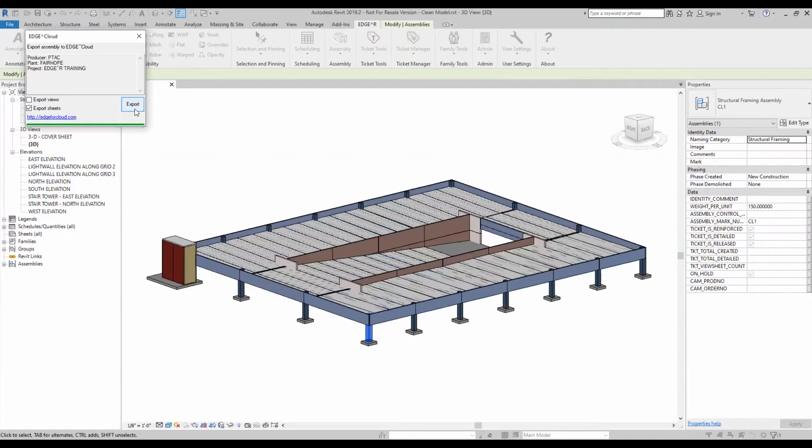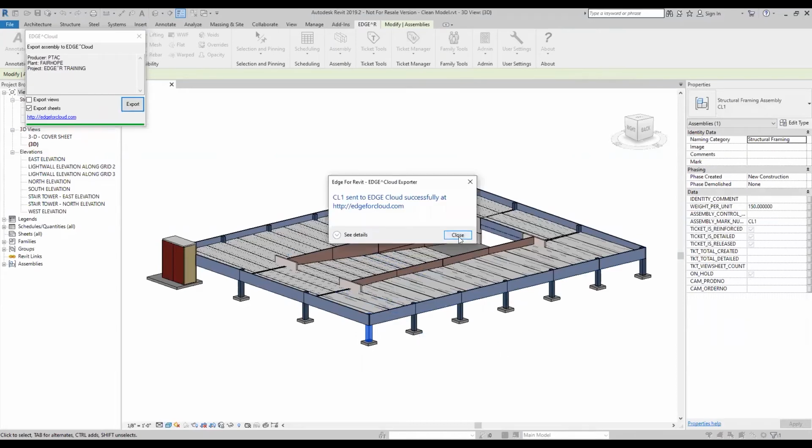If you choose to export sheets and/or views, please note that all sheets and/or views associated with that assembly will be exported, unless the Edgecloud sheet or Edgecloud view parameters have been toggled on for sheets or views. If these parameters have been toggled on for sheets or views, then only those with their parameters turned on will be exported, as opposed to all sheets or views for that assembly getting exported. Once the form is filled out, click the Export button to begin the export process. Once the export is complete, a success message will appear and the newly exported assemblies will be available for viewing